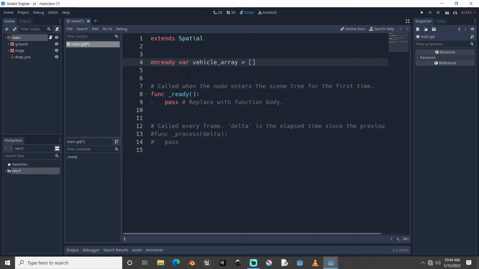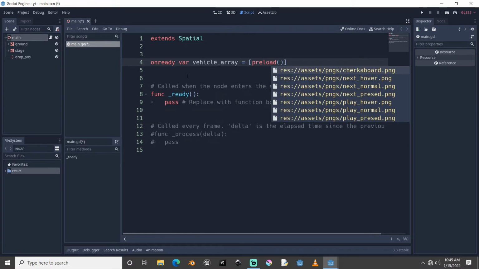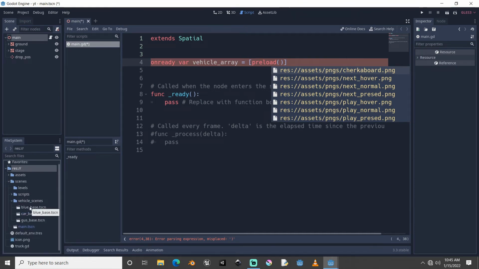So let's preload our first vehicle scene. Let's open the folder for scenes, vehicle scenes. Let's drag and drop here the first one,